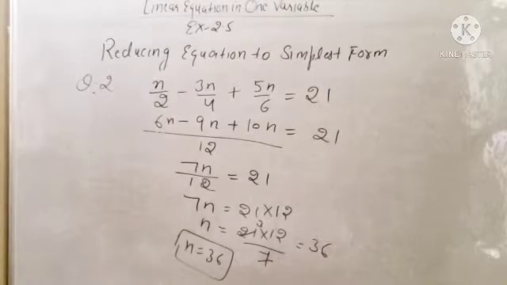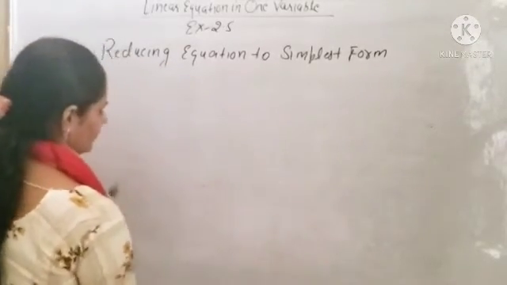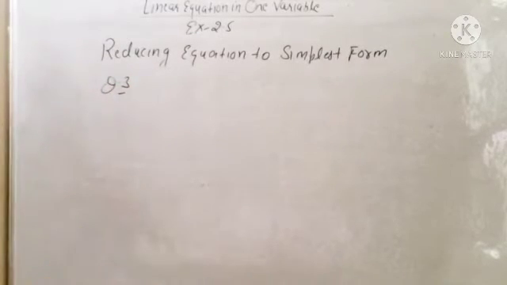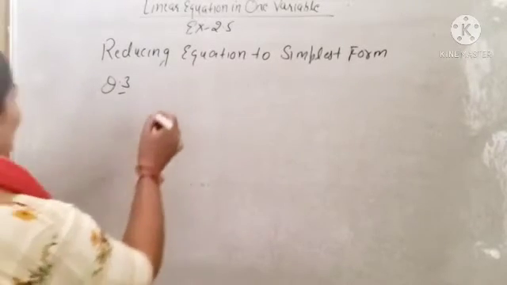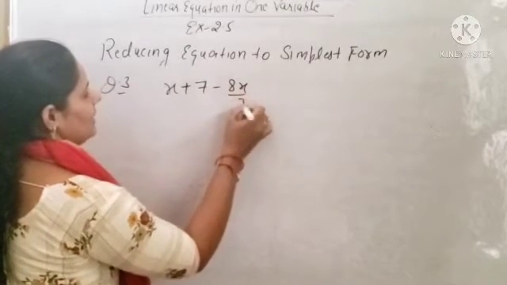Okay. Next question. Question number 3. Reducing an equation to its simplest form means the equation is given, and you have to simplify it and find the value of the variable. So the next question: x plus 7 minus 8x divided by 3